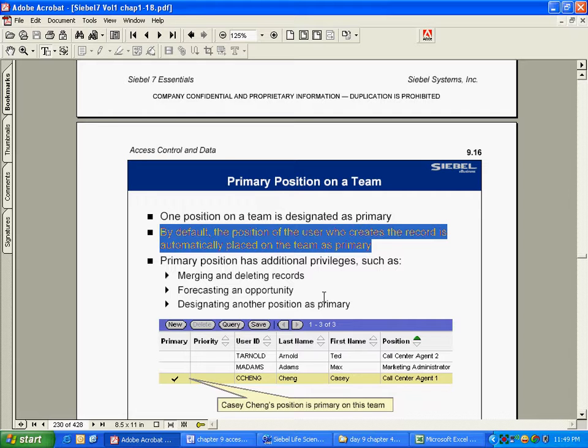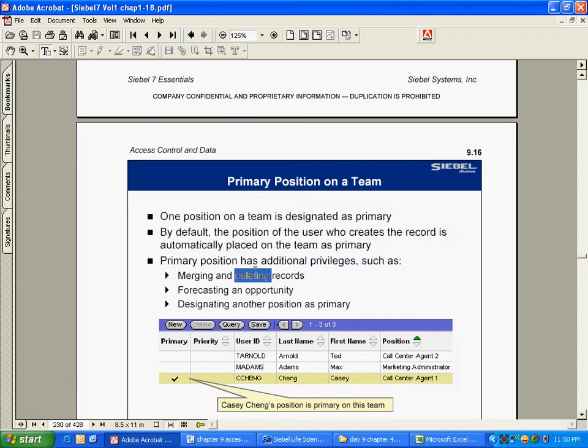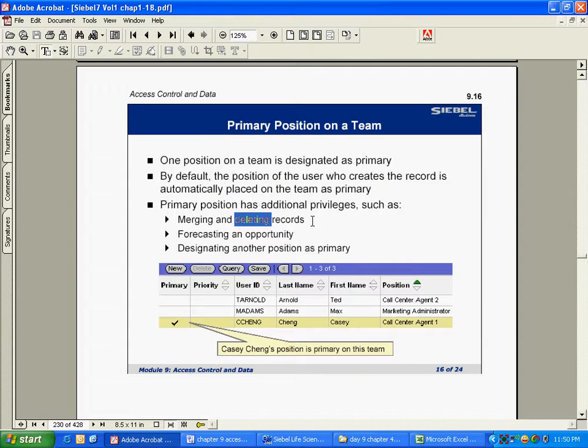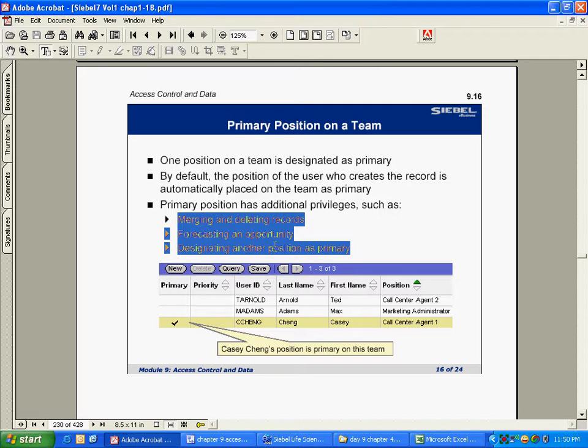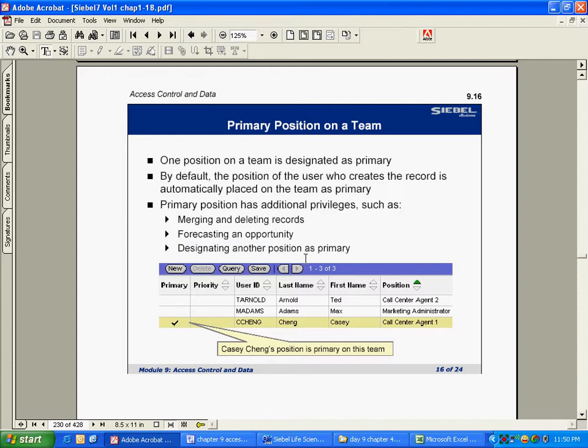Okay. So primary position on a team. How many people can be assigned to one account? Many. Right? Multiple. And they will be not users but positions. And out of those positions, one will be primary. It is not in general very important, but it becomes important when we implement rules as part of the business logic. Okay? Yeah, see. Out of the box, these are the three things available, but these can be easily overwritten.